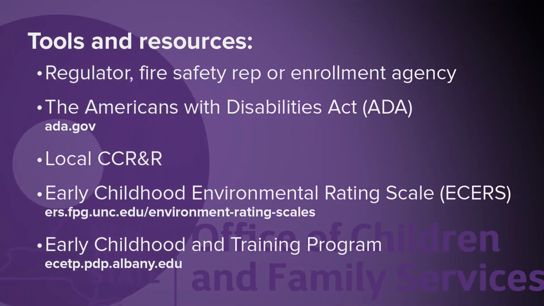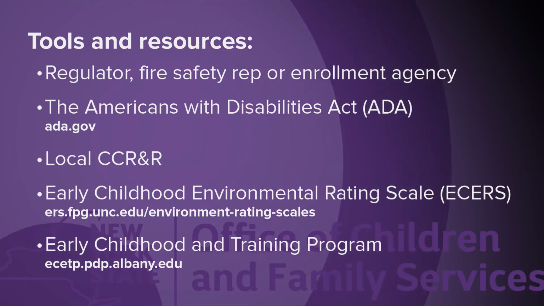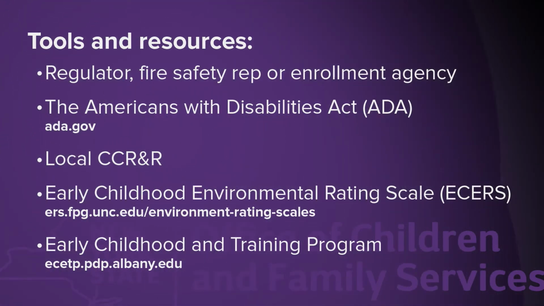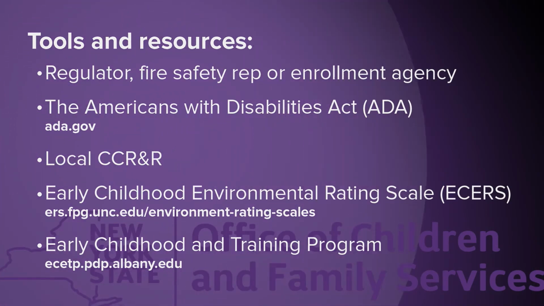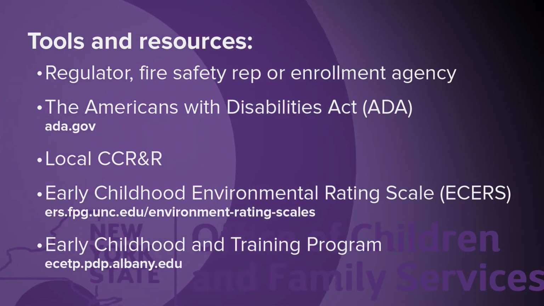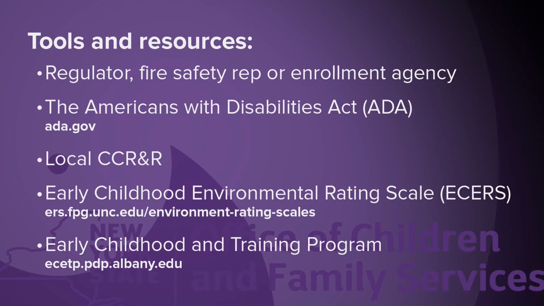Based on your evaluation, you may find areas within your program you would like to improve. For more information, contact your CCR&R, enrollment agency, union representative, or WEDCO. You can find information on the CCR&R that can help you through a link in your application. Be creative and think of how your program can be modified or updated to support children and families as we all work to continue to provide quality care before, during, and after the pandemic.